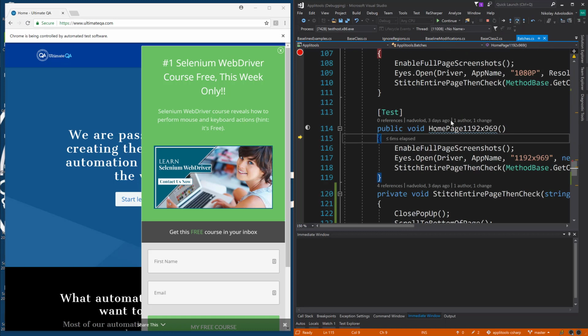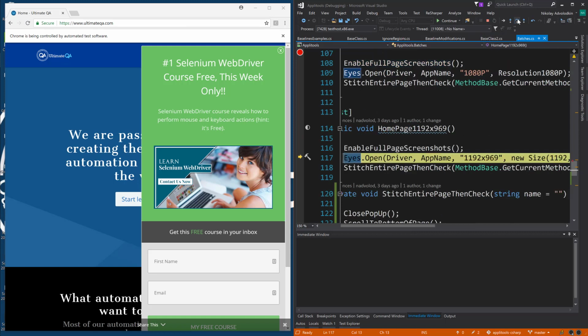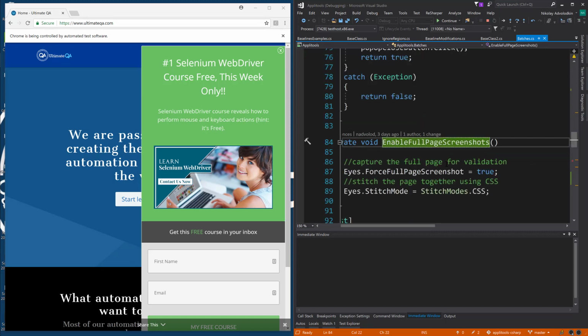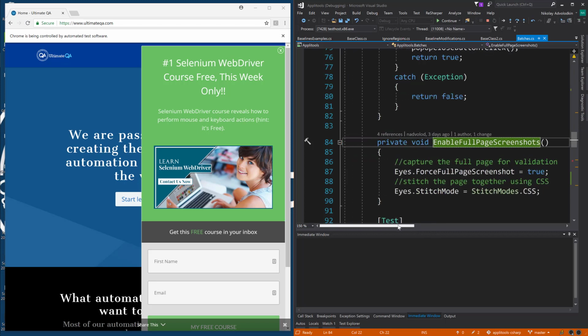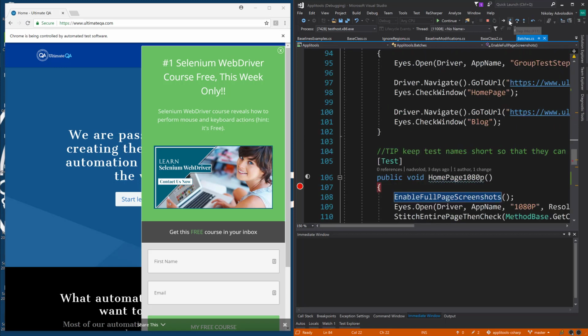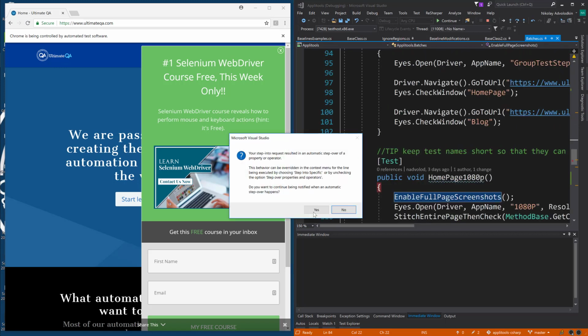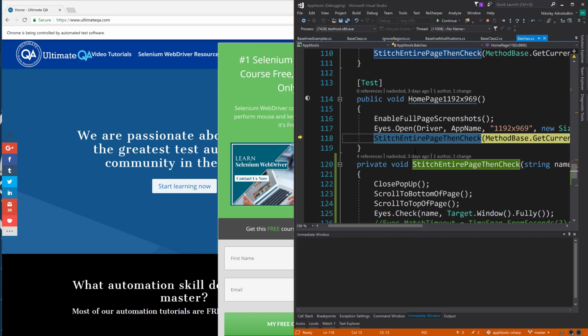and now you're going to see how we're enabling full page screenshots. So that's going to step into this method, and then, oh, I shouldn't have stepped over that for you. I apologize. Let me F12 into that. But I'm sure you know how a method executes by now. It's simple: force full page screenshots, and stitch mode being set to stitch modes, which is an enum. So we opened Applitools Eyes,